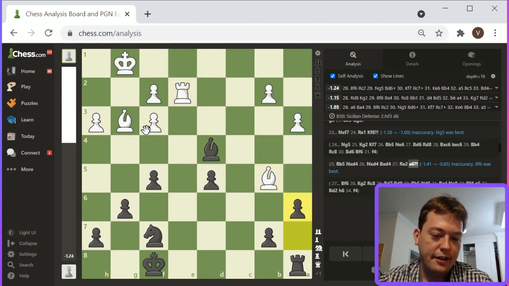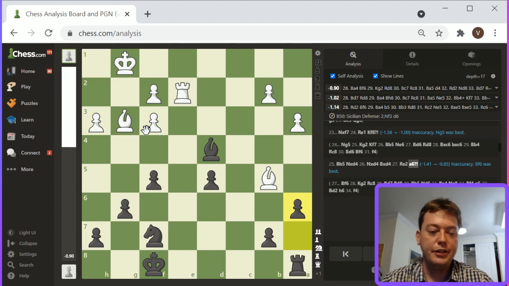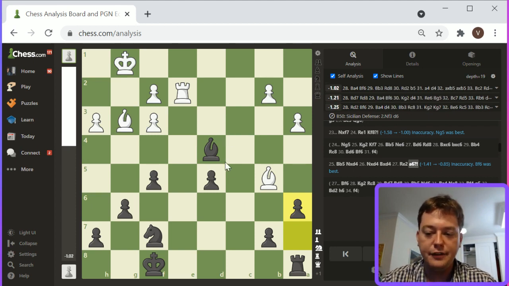Bishop takes. And then, yeah, so here basically the pawn structure is so bad that even in an open position,